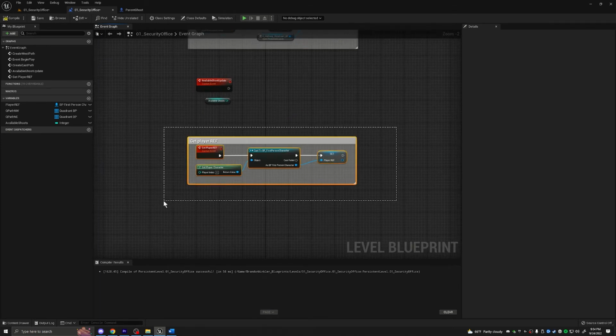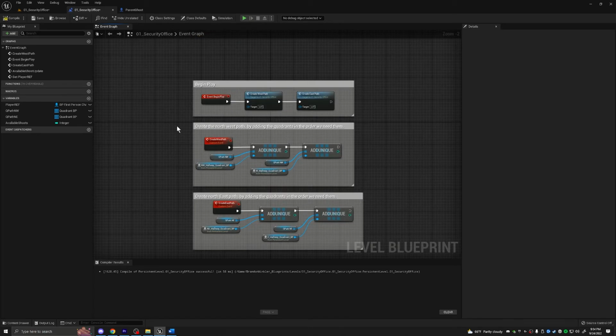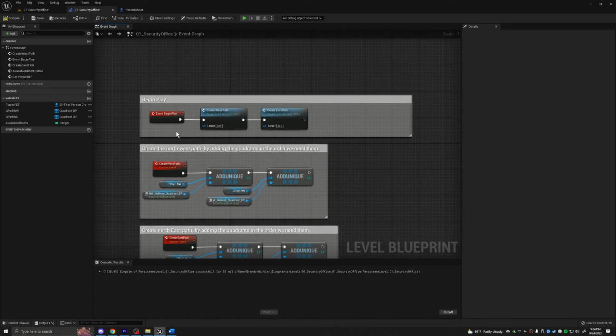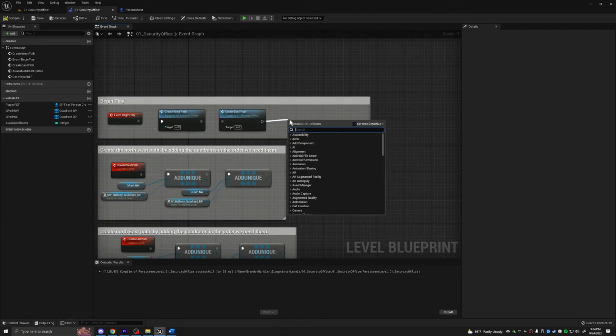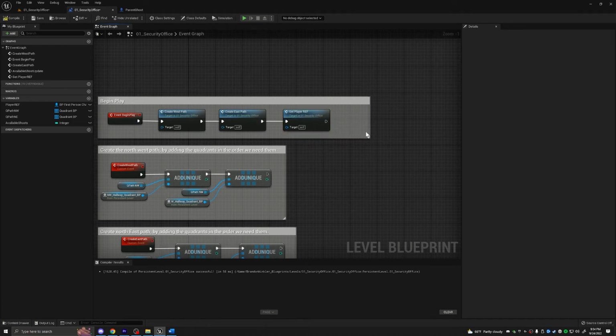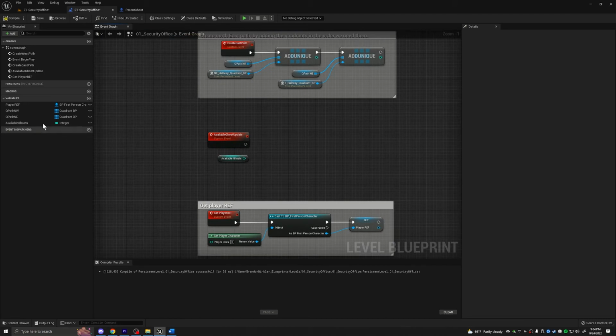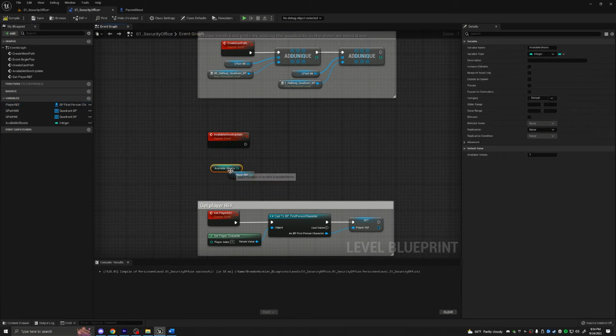And the reason this is important is because, well, we're going to change things about the player depending on, you know, things about the level. So now we need to add that to the event begin play. We're going to get player ref, the new thing we just made. So now as soon as the game starts, we're going to have a reference to the player, and what we're going to be able to do now, because we have the player ref, is through the player ref, if you remember,